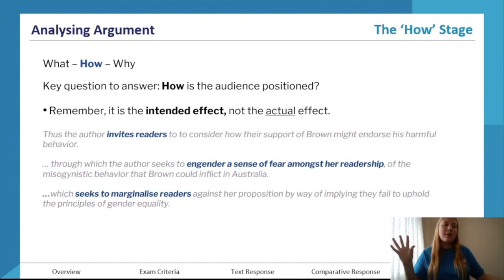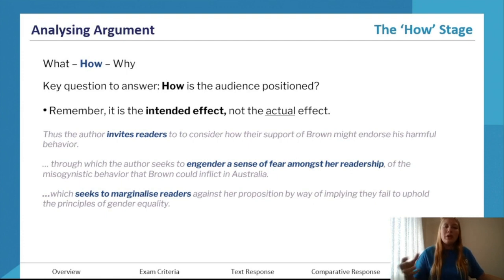And you can sometimes do these intended effect sentences, literally stating the words intended effect, right? You can say the intended effect of this is to blah blah blah. You can frame your sentences that way as well. So he invites them to consider how their support might endorse his harmful behavior, through which he seeks to engender a sense of fear amongst the readership of the misogynistic behavior that Brown could inflict in Australia, which seeks to